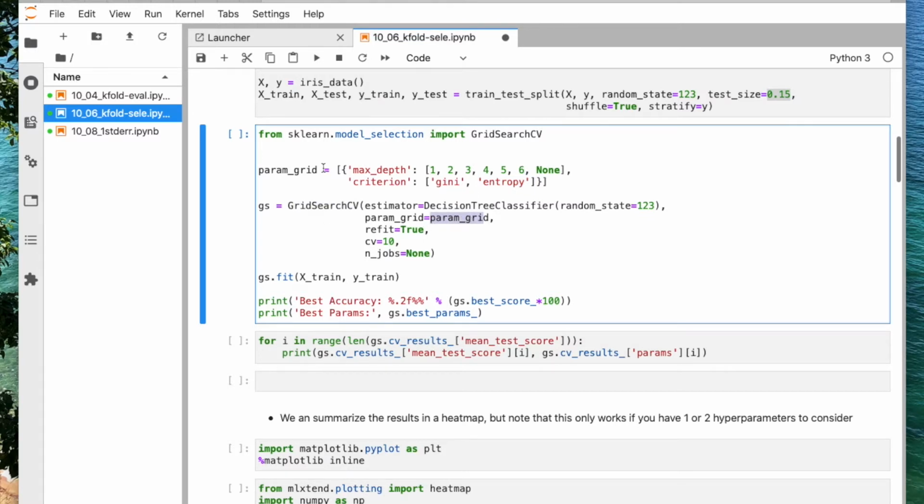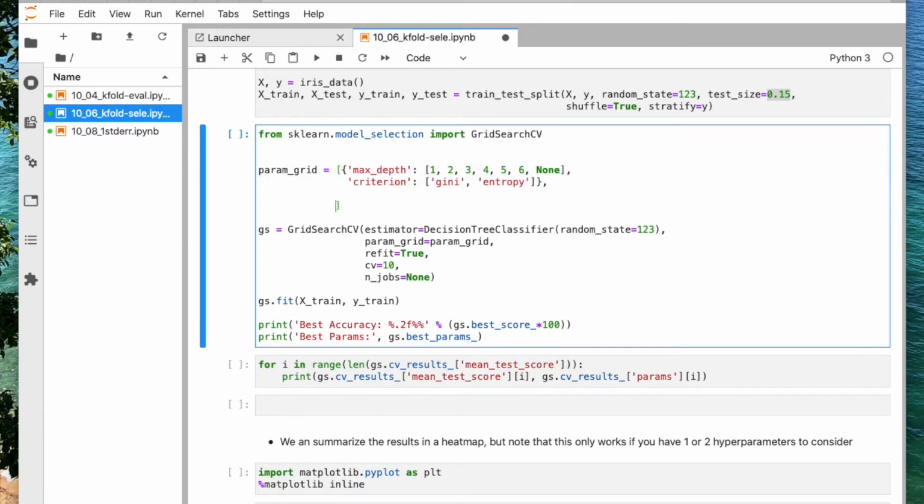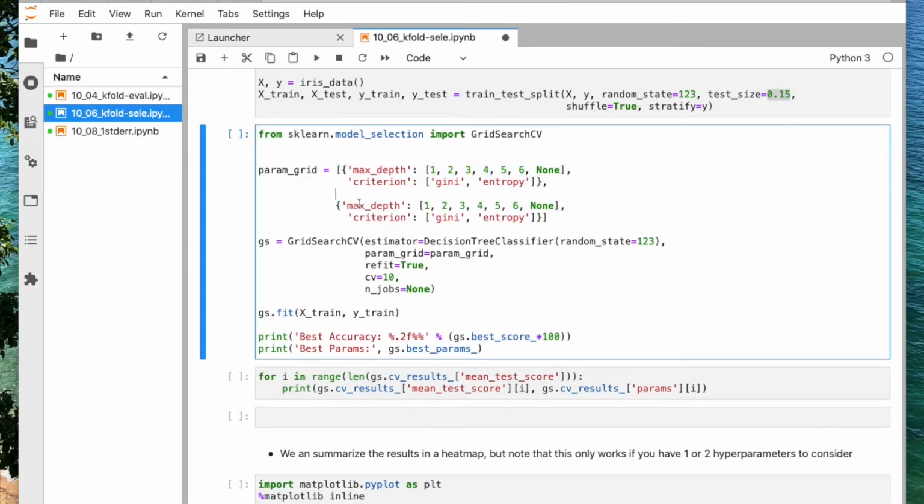Note, I don't think you have to have this list here, actually. You can also just feed it the dictionary, but what you could do is feed it two dictionaries like this.